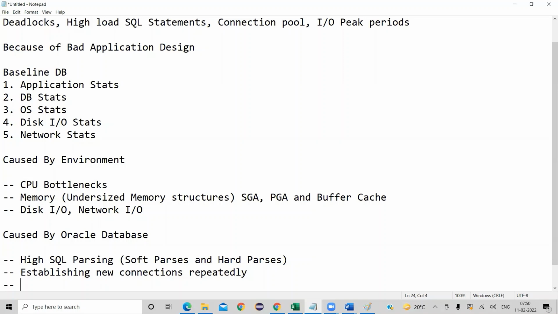And coming to it, establishing new connections repeatedly every time is a very big bottleneck. So you need to look carefully at the connection part, the data source connectivity, the JDBC connectivity if your application is a Java application. Or you also need to look at the connection pool settings. And the third one is someone told me about